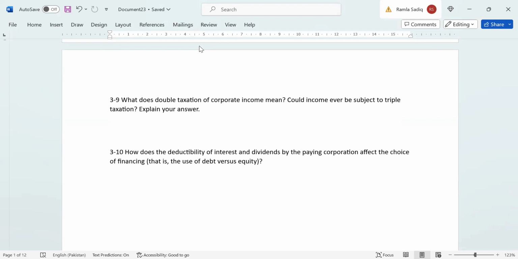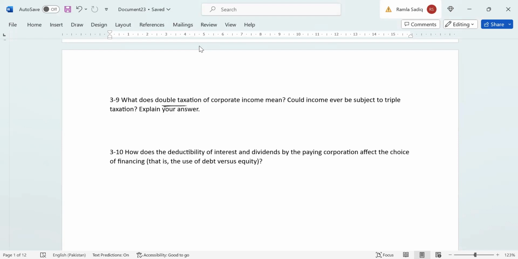And 3-9 says, what does double taxation of corporate income mean? Could income ever be subject to triple taxation? Explain your answer. Well, first and foremost, if we look at double taxation